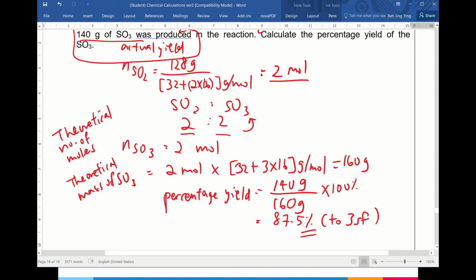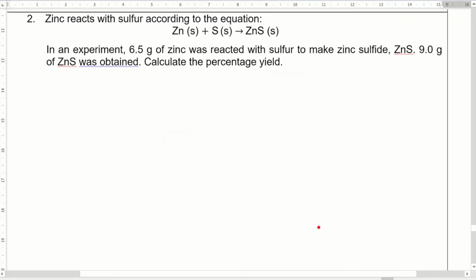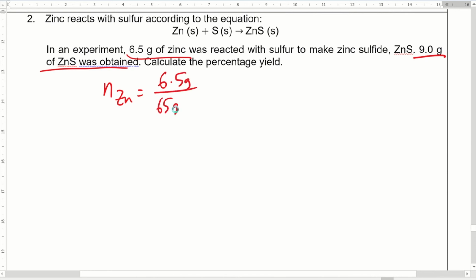Same thing. Can you pause the video? Give yourself 5 minutes to complete the next question. Pause the video first. Don't look at the answer, okay? You are given 6.5 gram of zinc to make zinc sulfide, and 9 gram of zinc sulfide is obtained. Same thing. Calculate the number of moles of zinc first to find out by right how much you should make. So 6.5 gram divided by 65 gram per mole, you'll get